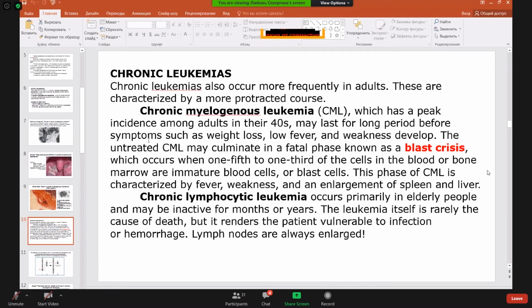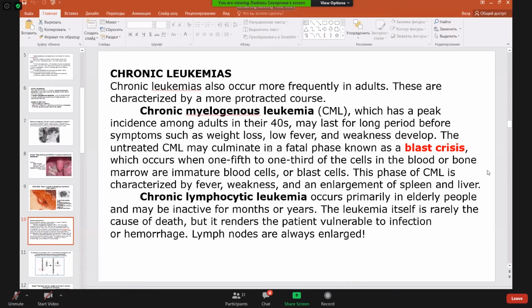And during the blast crisis, in 10 minutes, we will restart the conference. We will relog because